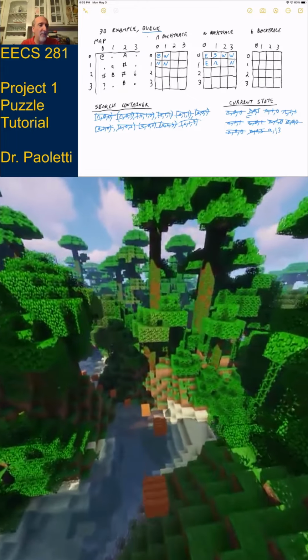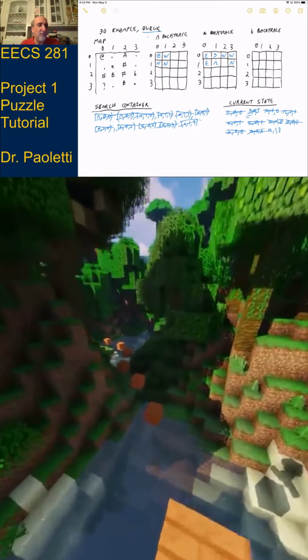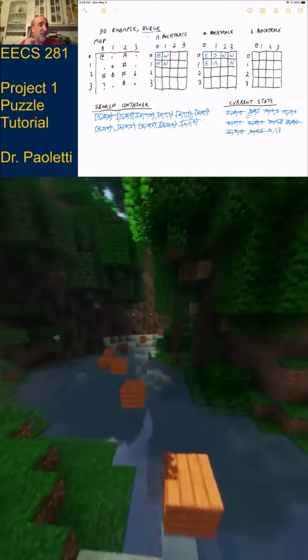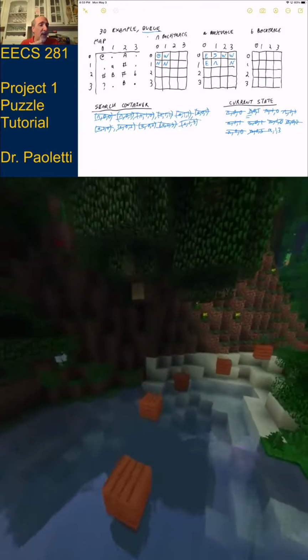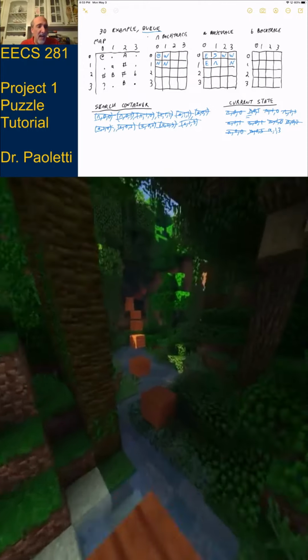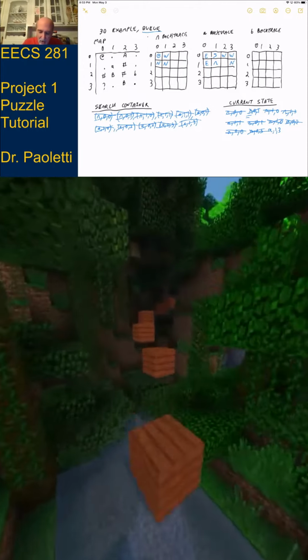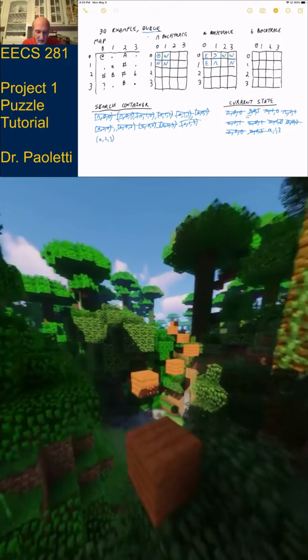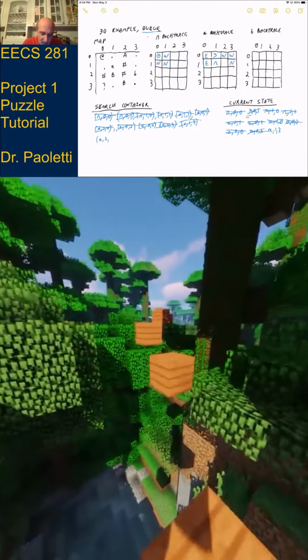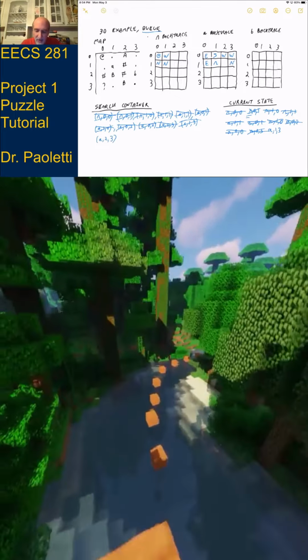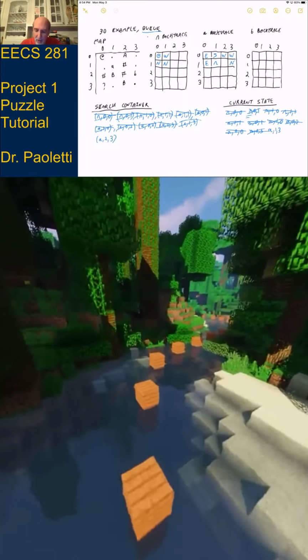Can't do north. All right, how about east of me? East of me, off the edge of the map. Nope. All right, how about south of me? South of me does exist. Backtrace says I've never been there before. Look at the map. It's a B. I'd be willing to walk on a B. So we add that. So that would be A23. A23 gets added to the search container. A23 has to say, I came here from the north.